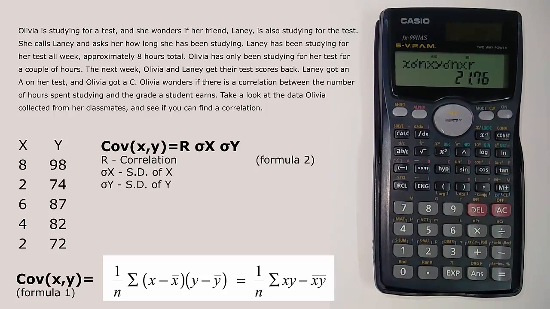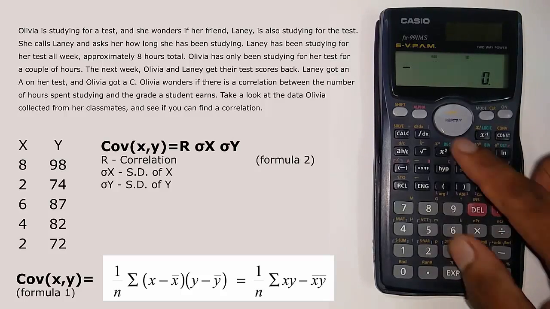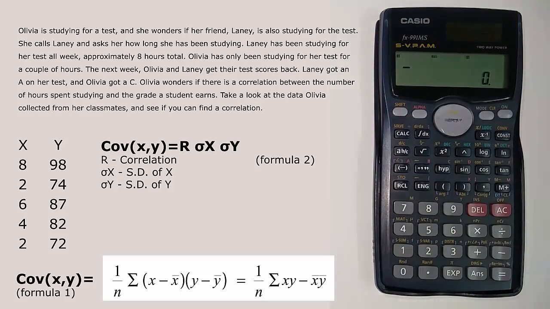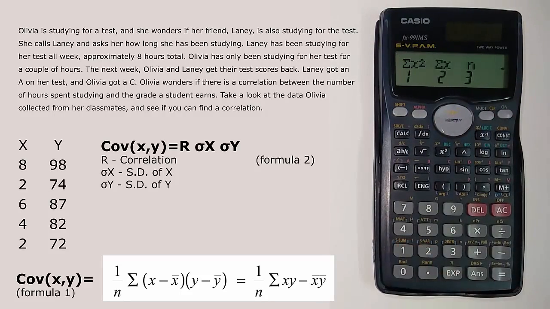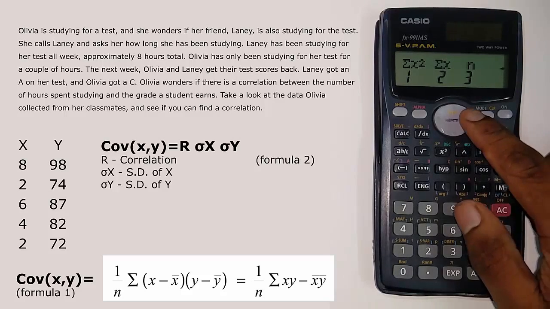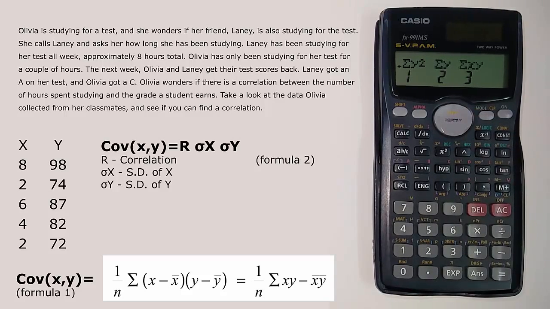Also, you can get the remaining table values such as summation x, summation y, summation xy, summation of x square, summation of y square and n easily by using this calc itself. Click the shift button and the number 1 button. This will give you all the values related to x, that is summation of x square, summation of x and n. Now click the right button once. This will give you all values related to y, that is summation of y square, summation y and xy. So now you've got all your values and your sum is already solved in roughly around 5 minutes.